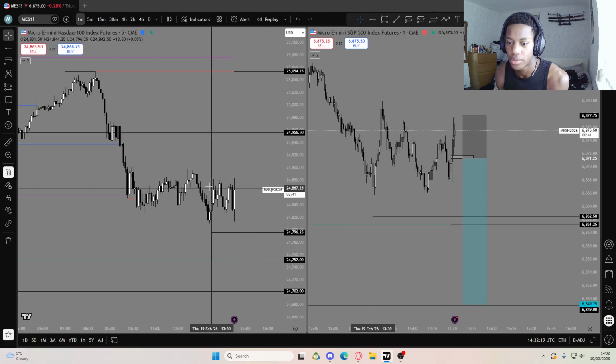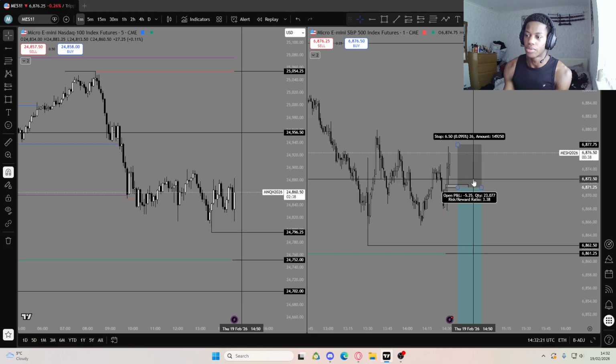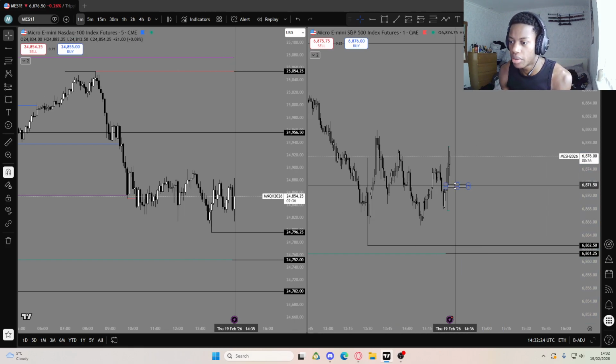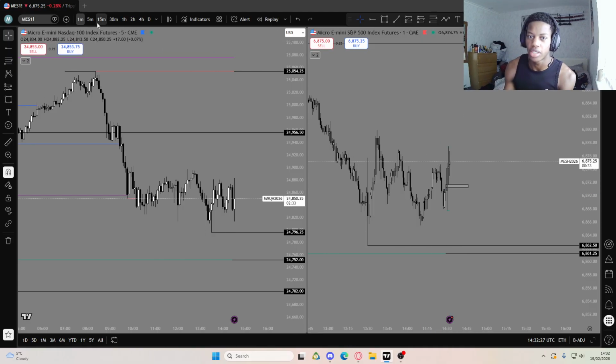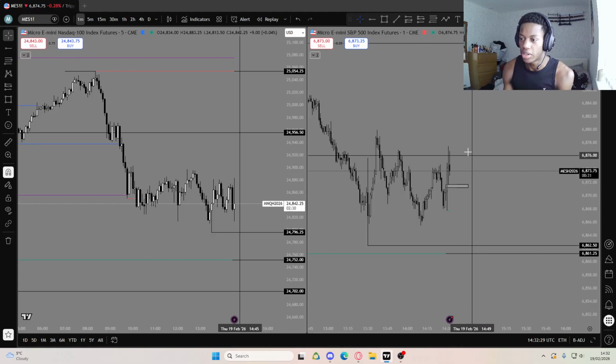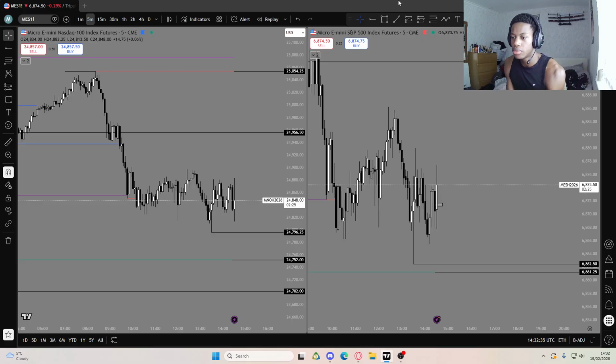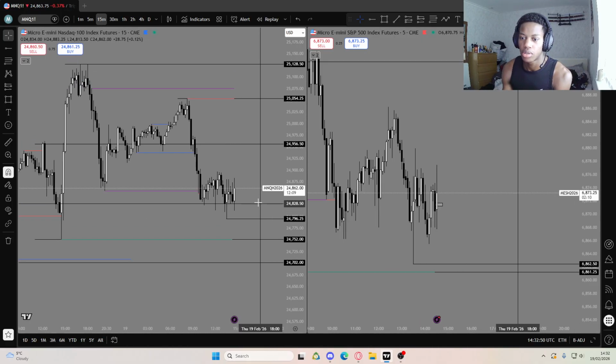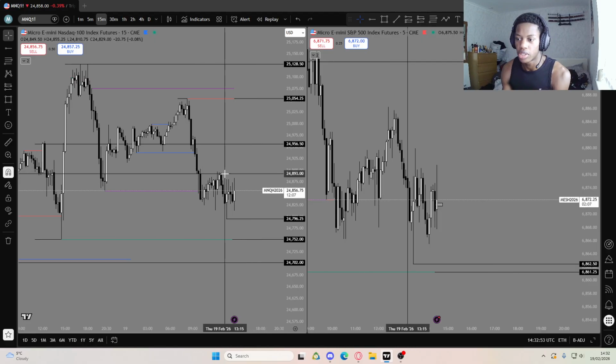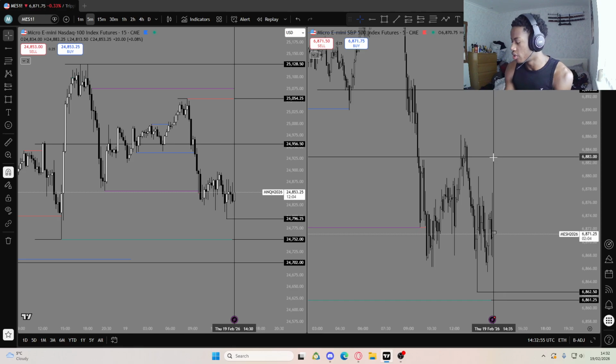Okay. Let's see what we're getting here. Let's get rid of this. I'm not taking this trade yet. I'll keep that there just in case after 10 minutes we're still around this area. I haven't tapped into any 15-minute fair value gaps. Ideally, we tap into at least this one after manipulating, and we have an SMT. It'll be clean.